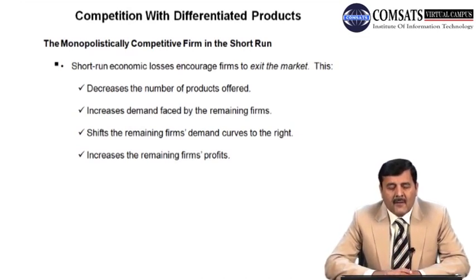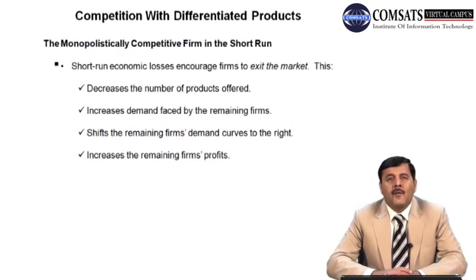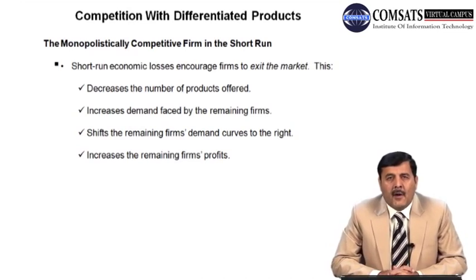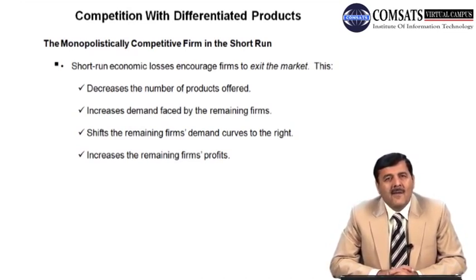हैपन, डिक्रीज द नंबर ऑफ प्रोडक्ट्स, एंड नंबर ऑफ प्रोडक्ट्स कम हो जाती हैं, इंक्रीज डिमांड फेस्ड बाय द रिमेनिंग फर्म्स, जो एग्जिस्टिंग फर्म्स होती हैं उनकी डिमांड चीज़ों की बढ़ जाती है। सो दैट शिफ्ट्स द रिमेनिंग फर्म डिमांड कर्व टू द राइट एंड इंक्रीज द रिमेनिंग फर्म्स प्रॉफिट। तो इन केस ऑफ लॉस अंडर द शॉर्ट रन अंडर मोनोपोलिस्टिक कंपटीशन, तो क्या होगा, सिंस हमने देखा कि वन ऑफ द एट्रीब्यूट्स ऑफ मोनोपोलिस्टिक कंपटीशन इज दैट देयर इज फ्री एंट्री एंड एग्जिट इन द मार्केट।